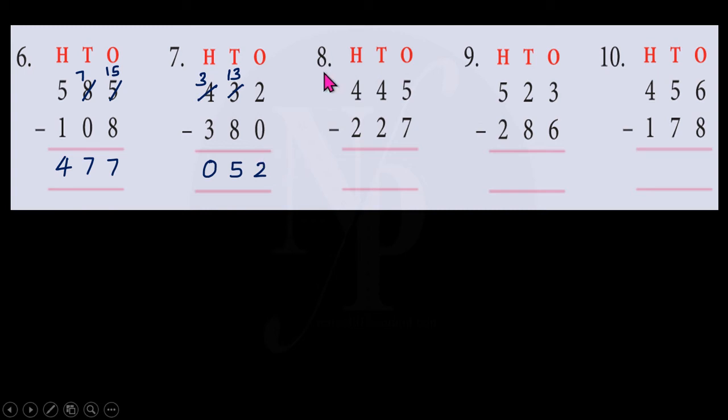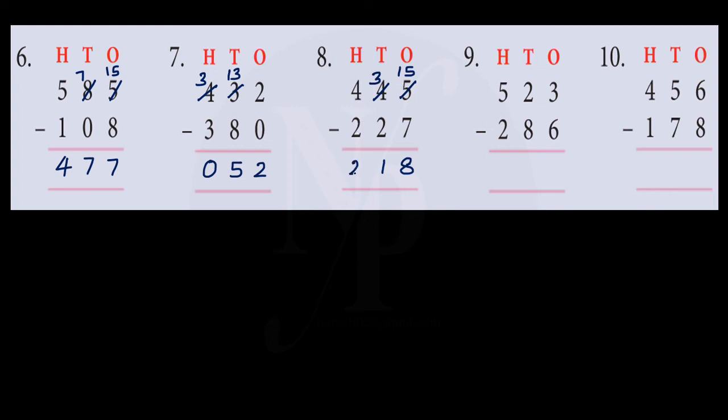Question number 8. 445 minus 227. Subtracting 7 ones from 5 ones is not possible, so we have to regroup. We come to tens column. We make this 4 tens as 3 tens, and 1 ten is borrowed to ones column to make this 5 ones as 15 ones. Now subtracting 7 ones from 15 ones, we get 8 ones. Subtracting 2 tens from 3 tens, we get 1 ten. On subtracting 200s from 400s, we get